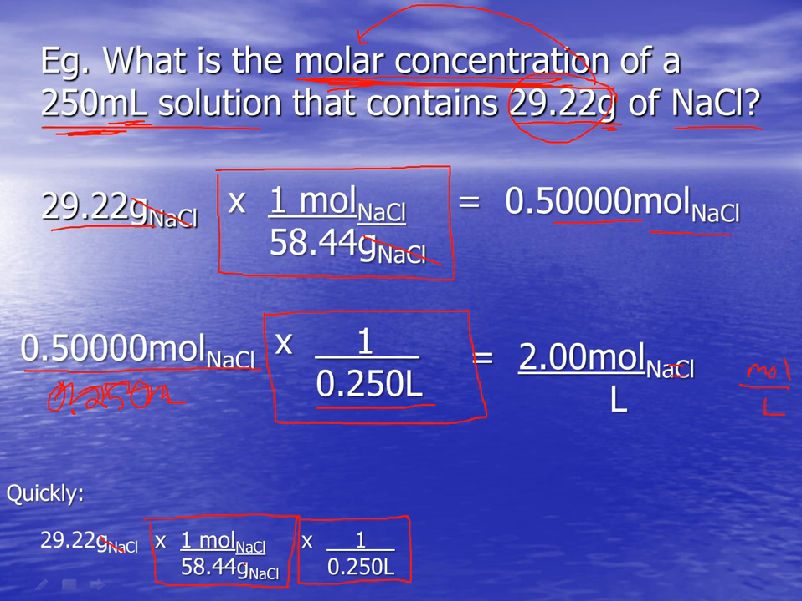And grams cancels out in the first calculation. The moles carries through to the end, the liters carries through on the denominator to the end, and I get the same answer, obviously 2.00 moles per liter of sodium chloride. Here the units of moles carry through as a numerator, units of liters carries through as a denominator,